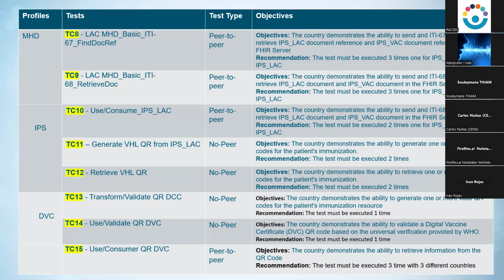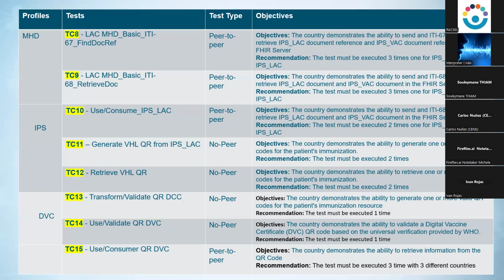In case the other country needs to scan your QR code, it will be available in the Gazelle samples list also. Once you generate the VHL QR from your IPS LAC, you can retrieve the VHL QR.